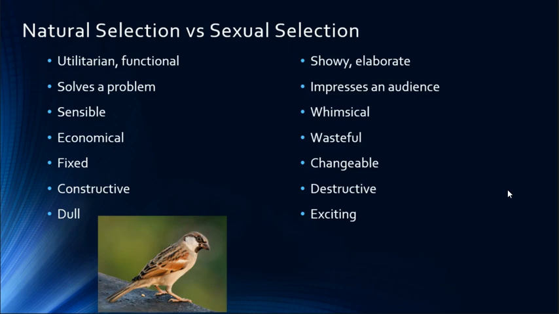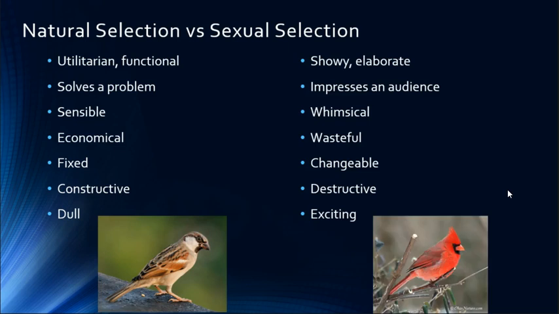Now, it's great that you survive, but you also have to get a mate. And so this is where sexual selection comes in. And sexually selected traits are not really survival traits at all, because what you really need to do, if you are a male and you would like to have offspring, is attract a female, right? And so you need to have something that impresses the ladies, right? So these traits are going to be showy, they are going to be exciting, they are probably going to require a lot of energy, and sometimes they're changeable, right? This is going to be, you know, the show. That is in direct conflict with survival most of the time.